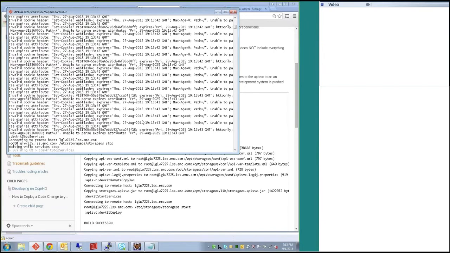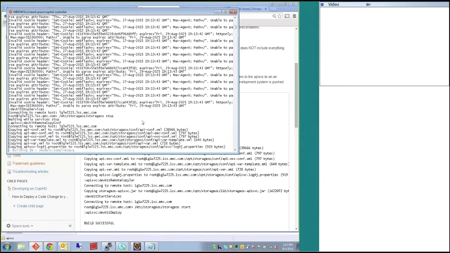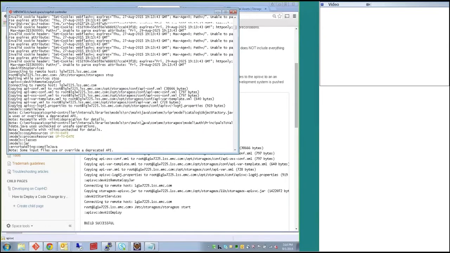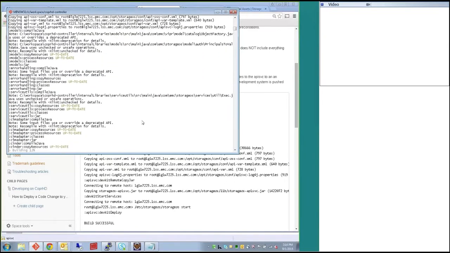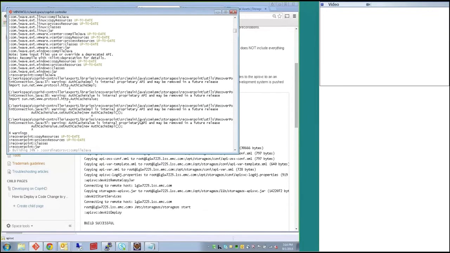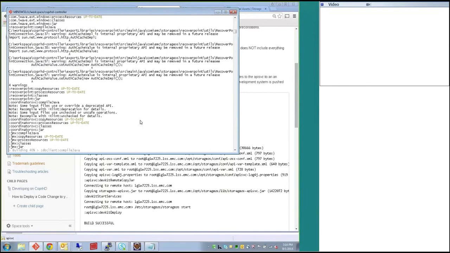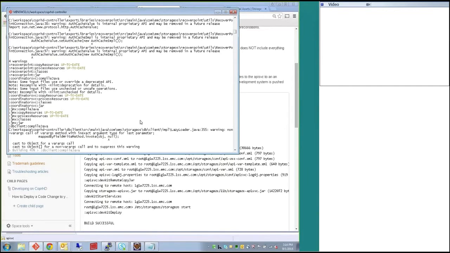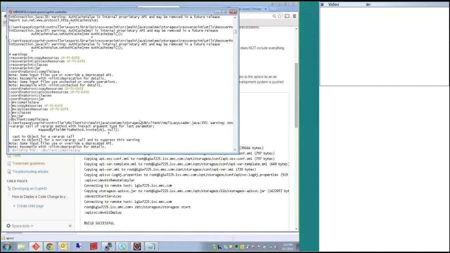Okay, so it's figured out everything it needs to know. It's literally running etc StorageOS stop over on the remote DevKit location at the moment to bring down CoprHD. You can see it copying over the XML files that we were talking about. These are largely Spring configuration files that set up some of the beans. Now it's going to rebuild the jar that it needs to actually replace the API service jar over on the